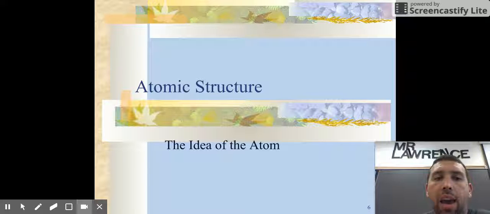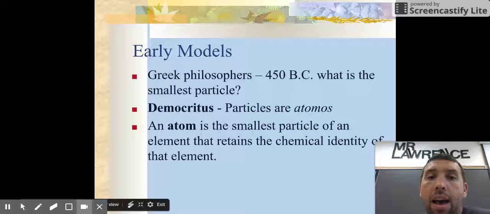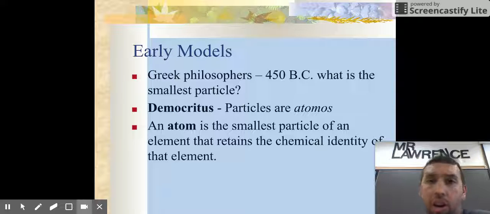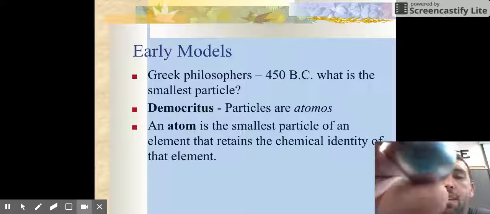And so this word atom actually came from about 450 BC. At one time, academia consisted of Greek philosophers who sat around and just talked all day. They would look at different things in the world, and then they would debate and use logic to unlock the mysteries of our world. There was a guy named Democritus, and I'm not 100% sure how you say his name, but we'll go with that. Him and a guy named Aristotle, who you've heard of before, were debating: what is matter? How is matter made? What's it made of?